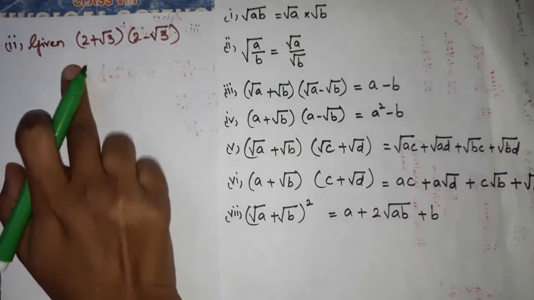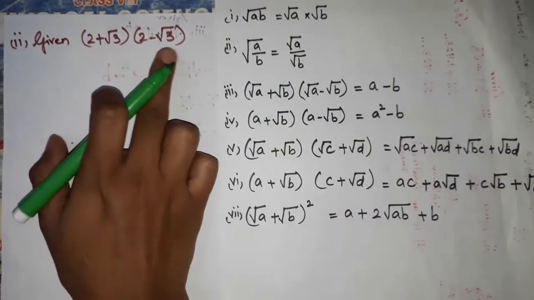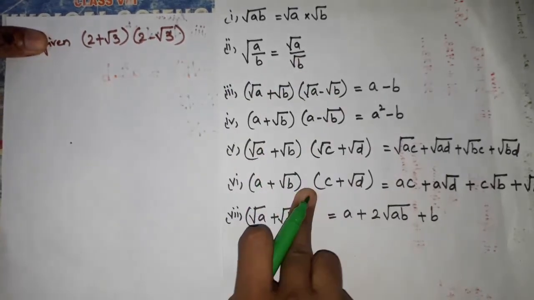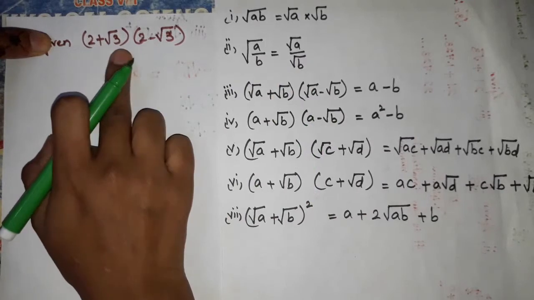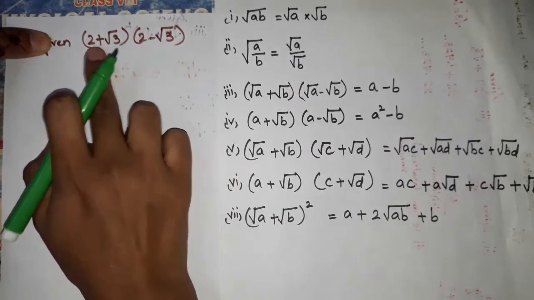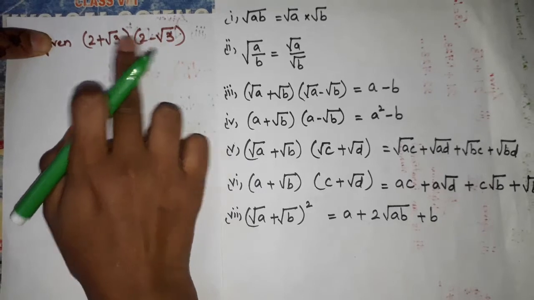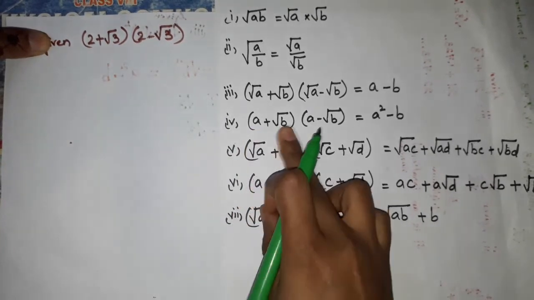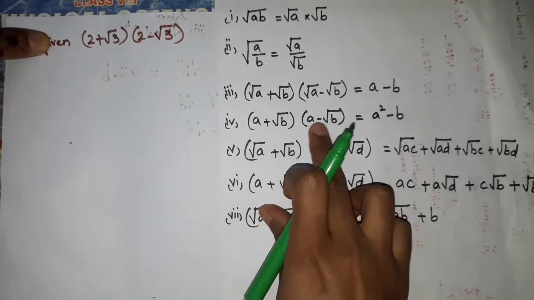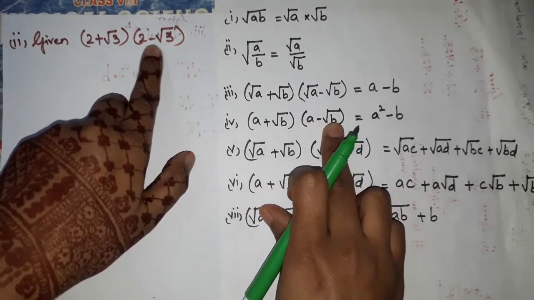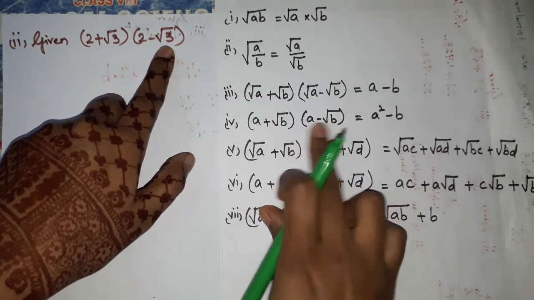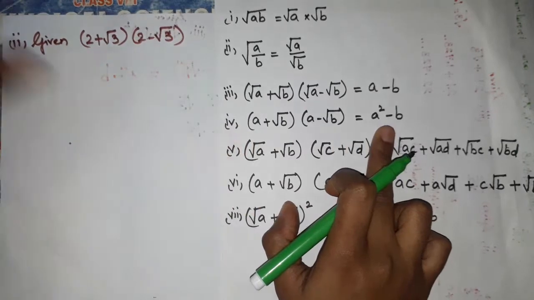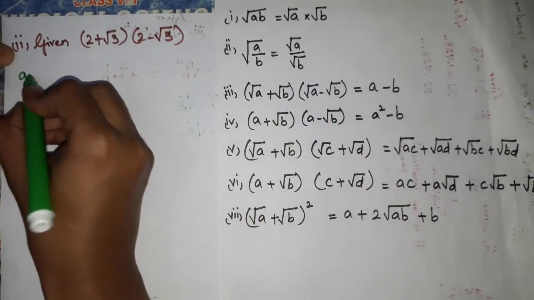Now I have copied the second one, (2 plus root 3)(2 minus root 3). This question is related to which formula? Here first 2 is there and then a root number is there. Plus and minus are there, both are the same. So a plus root b, a minus root b. So this sum is related to this formula, so I am going to copy it, that is (a plus root b)